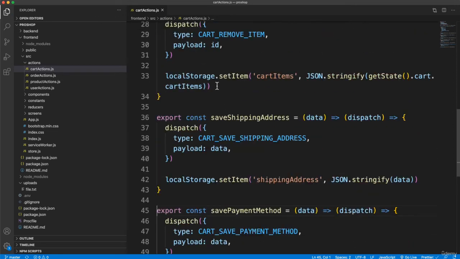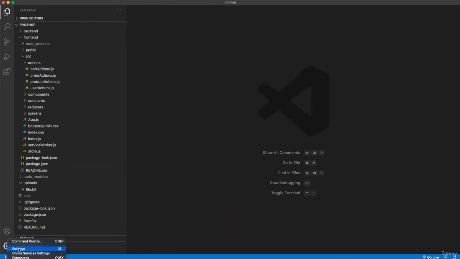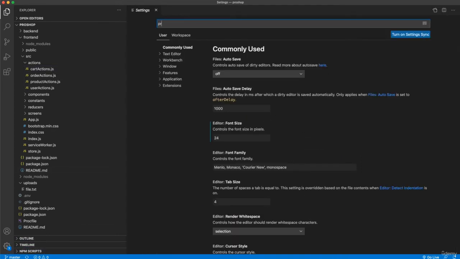Also, I'm not using semicolons, so if I have a semicolon and I save, it just gets rid of it. If I choose to use double quotes here and save, it automatically changes it to single. And where I have that configured is in settings, and then if we search for Prettier,